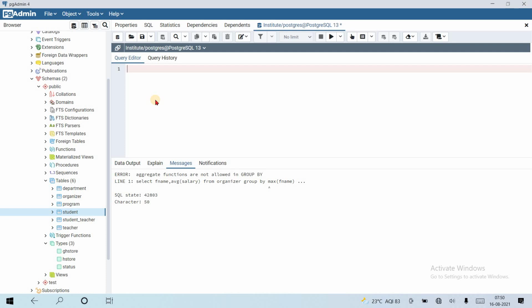So HAVING with an aggregate function. Suppose: list all programs where the sum of total program length is greater than 100. Okay, let's see.